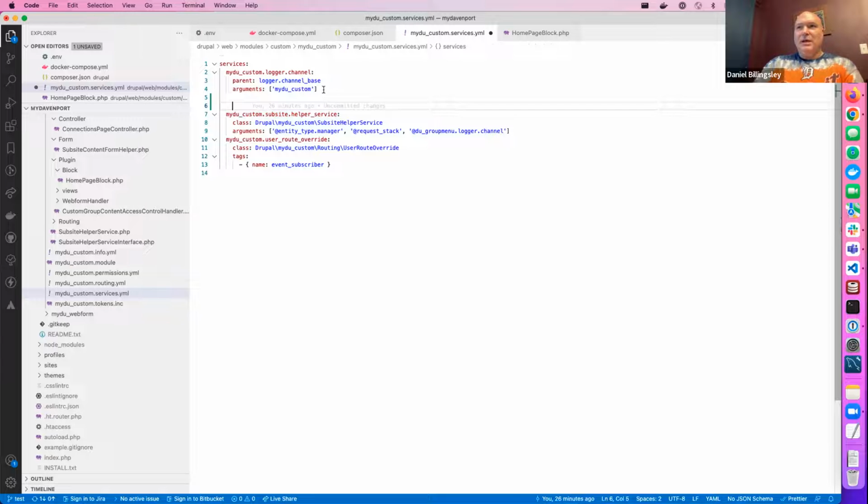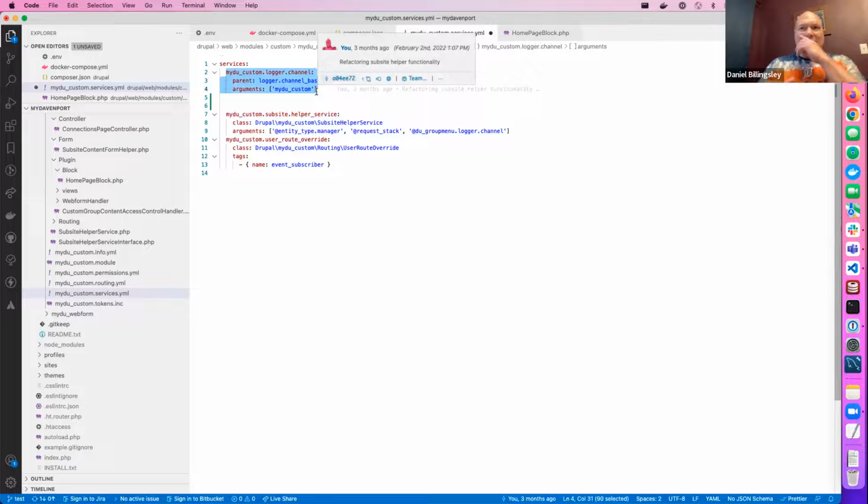And I just want to show this top section here, the first service that I have defined, which is a real practical way of getting your head around this concept of not needing to know the details. What this does is, as is often the case, we want all of the logging to the Drupal log for this module to be in the same, what Drupal calls a channel, so that when you're looking at the log report, they're grouped by these channels. So core has its own channel, PHP has its own channel, but typically every module will have at least one channel where all of its errors and warnings and messages are grouped,